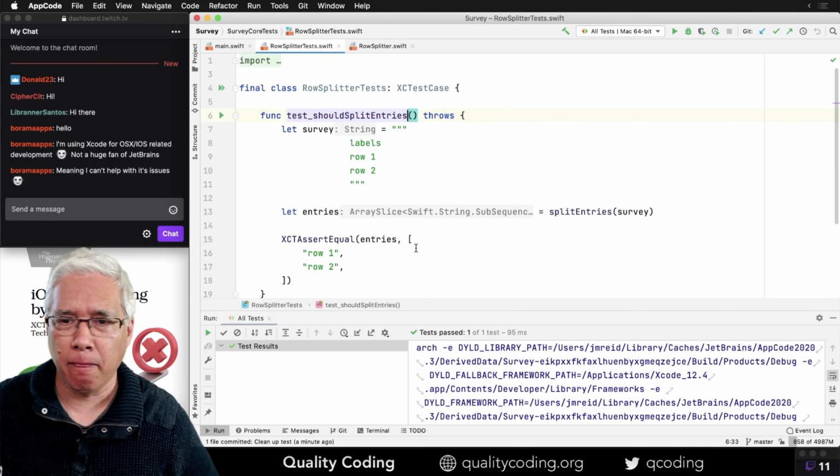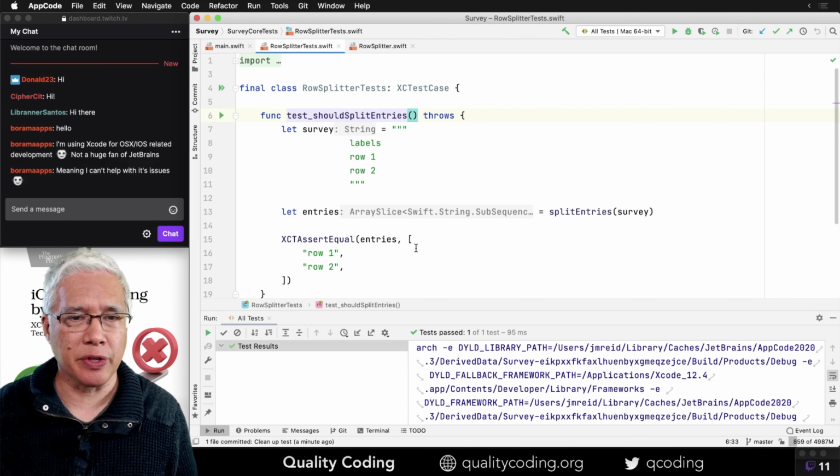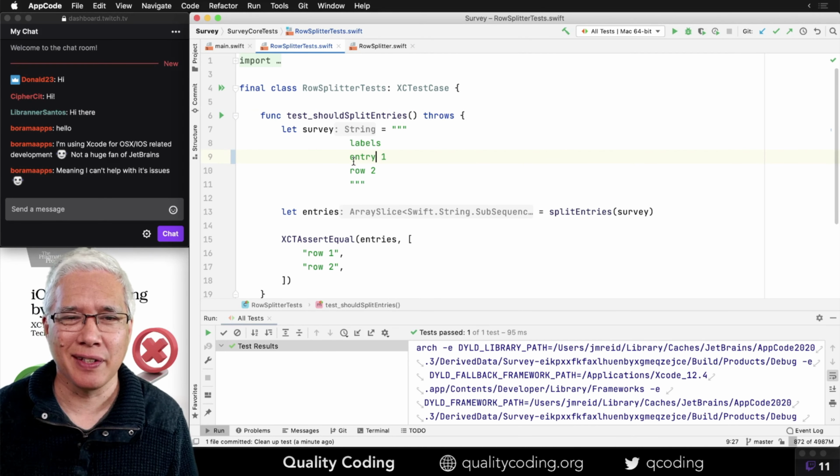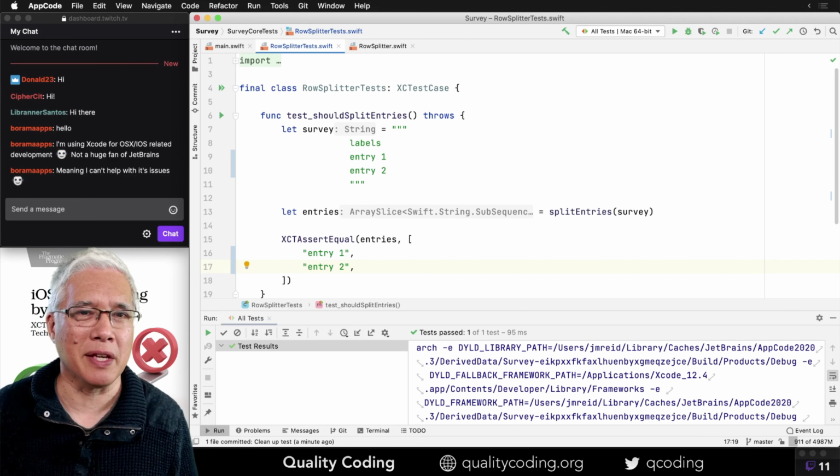All right. Now these, so each entry, this is going to bug me. I am going to change this. I want my test code to communicate to me.